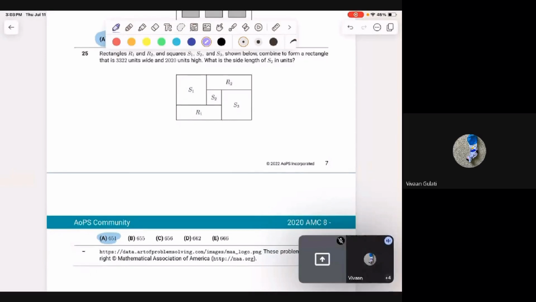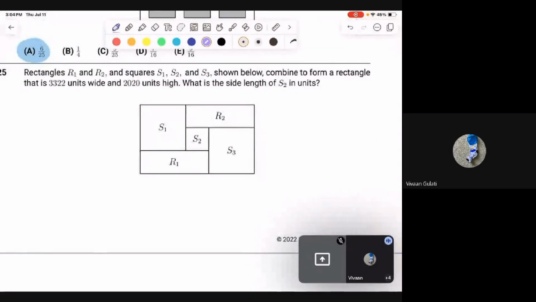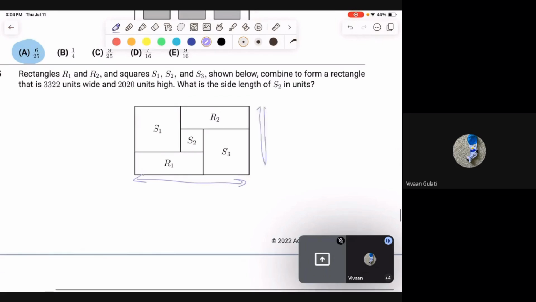Okay. So it's saying that the figure is 3,322 units wide and 2020 units high. So, okay, the pretty big rectangle. Oh, okay, I got it. 2020 units high. So that means